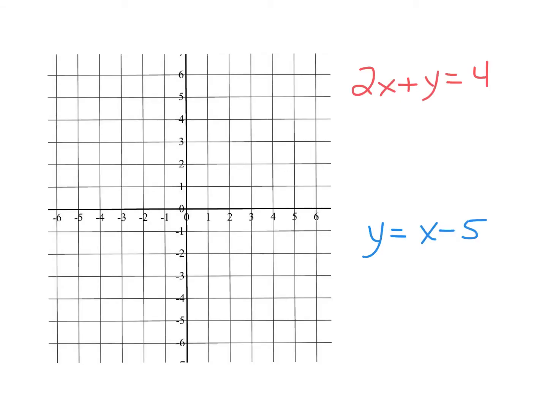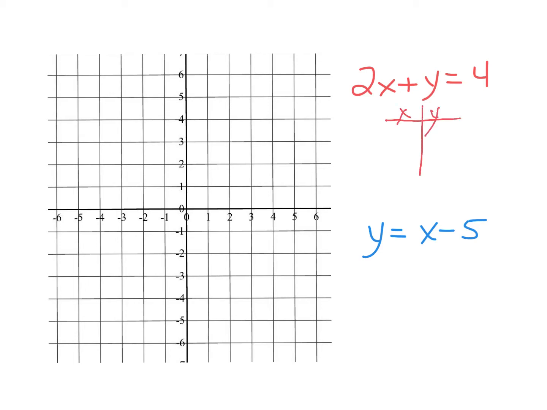Here I have two different equations. The first one, 2x plus y is equal to 4, is one that's written in standard form, and the second one, y equals x minus 5, is written in slope-intercept form. So all we're going to do is go through and graph both of those equations. With that first one being written in standard form, generally with standard form, we set up a